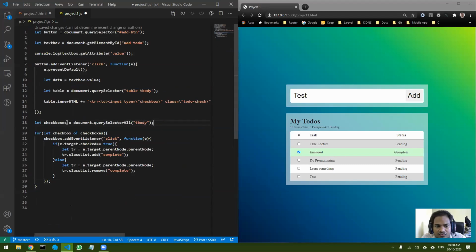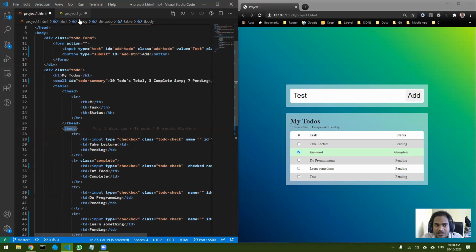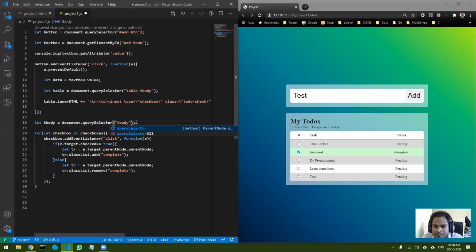So now, instead of checkboxes, I can call it, let's say, T body. Okay. So I'm calling this T body now. And now I don't need this for loop because there is only one T body. And also I don't need query selector all. Okay. Query selector all is used when there are multiple elements you want to return. In case of checkboxes, there are multiple checkboxes, but for T body, there is only one T body, right? So there you will need only query selector. You don't need query selector all, okay. So when you do this, you will get one element, right? And to this one element you are going to add an event listener, okay.